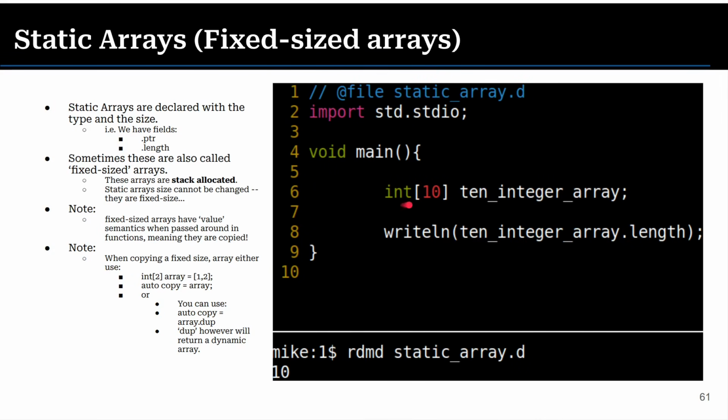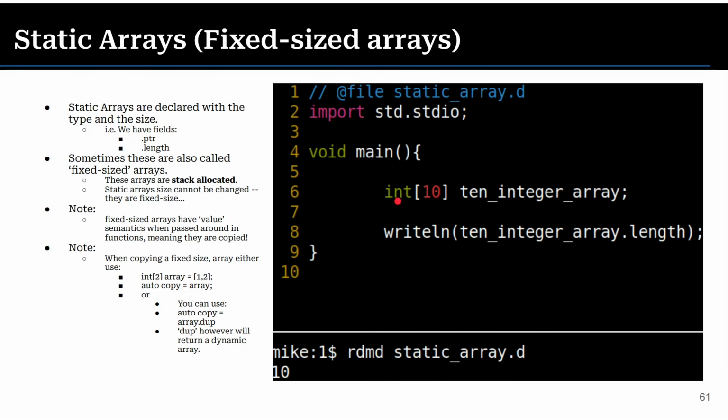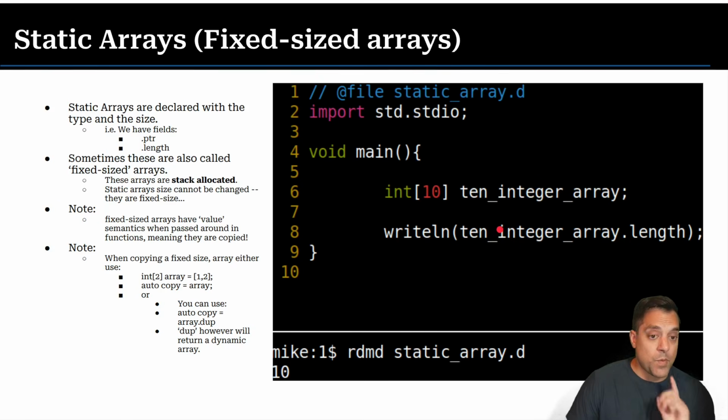Yes, I have the notes here, but basically I could just say, hey, I've got this array of 10 things all the time. I know the size, I know the length. As I mentioned, I have .length available there. And this array is always the same size. The only thing that's perhaps interesting is, remember what we learned here, all of our integers are going to be initialized, so everything here is a 0 in our 10 integer array.